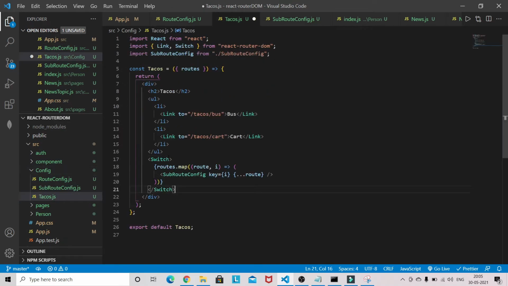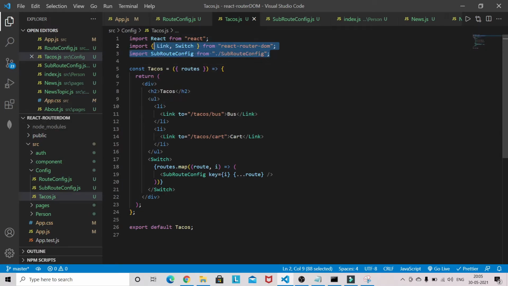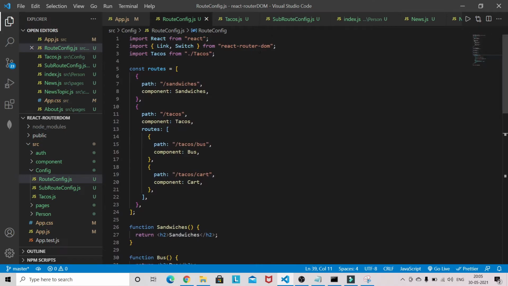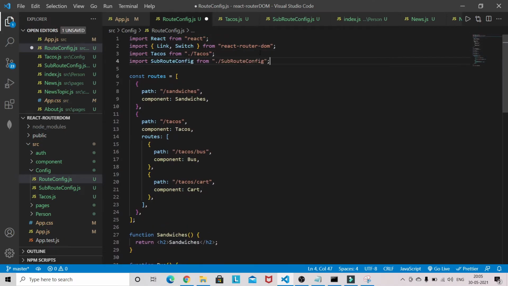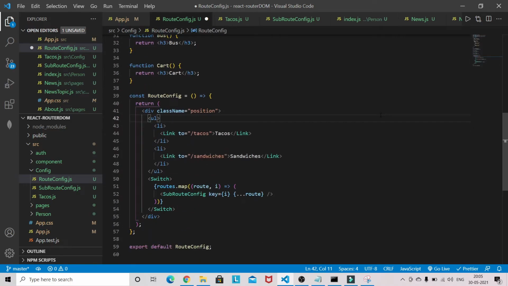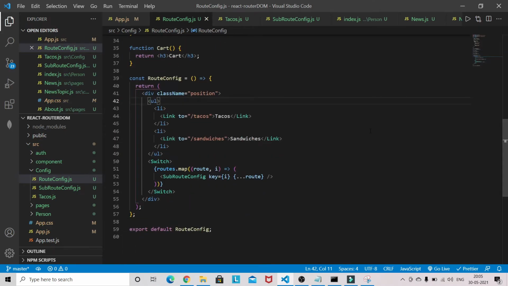We are almost done. We need this path, so just copy this path and paste it here because we didn't bring our hub route configuration here. So let's see whether it's working or not.